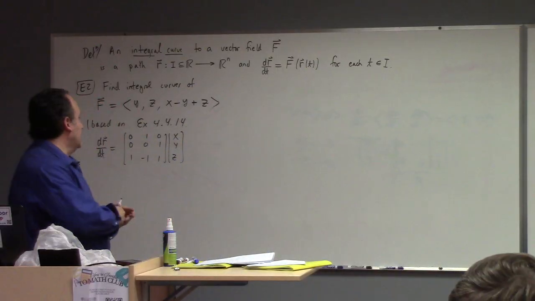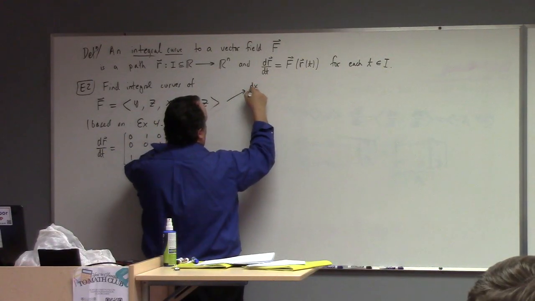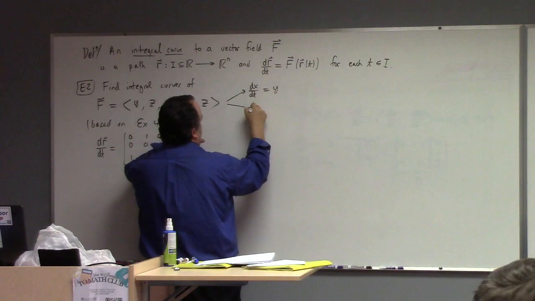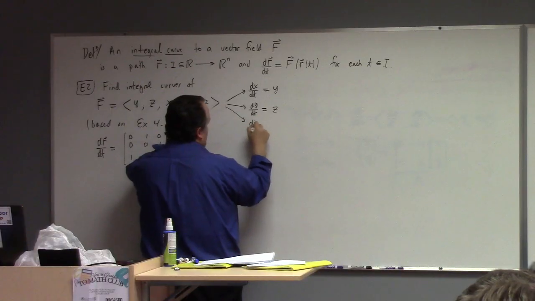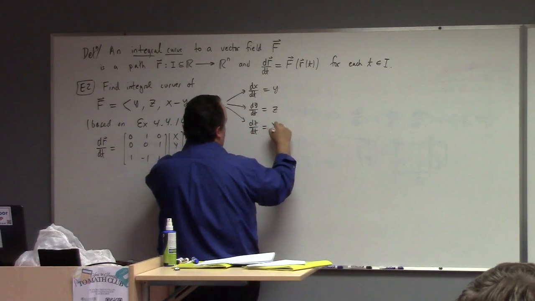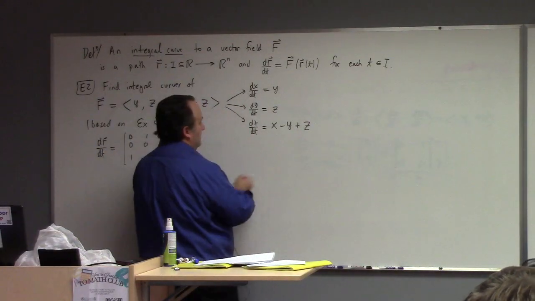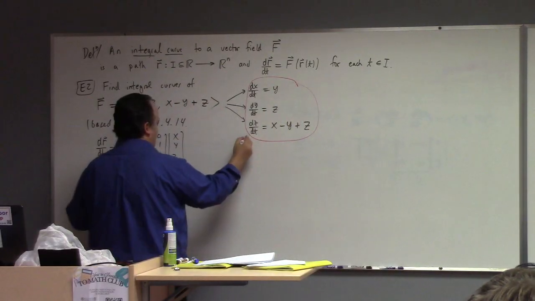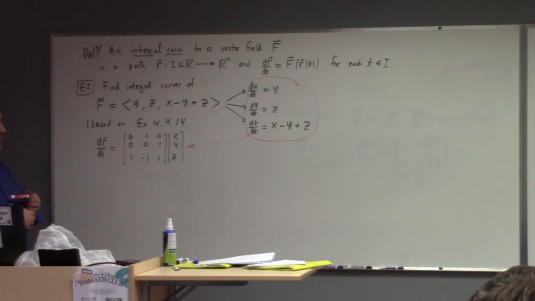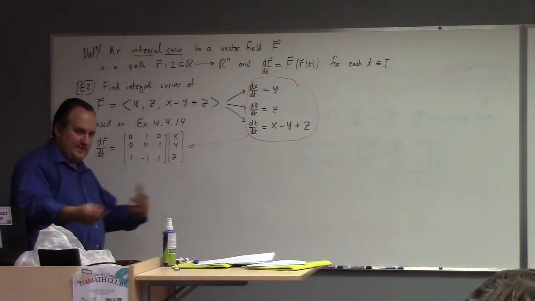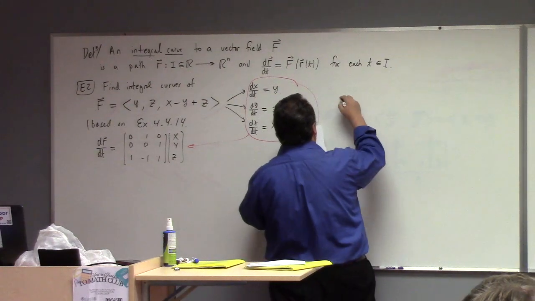All right. So this means that we need dx/dt equals y, dy/dt equals z, and dz/dt equals x minus y plus z. And that is exactly that problem. All right? And the solution to that is given in the notes. And the solution is r of t